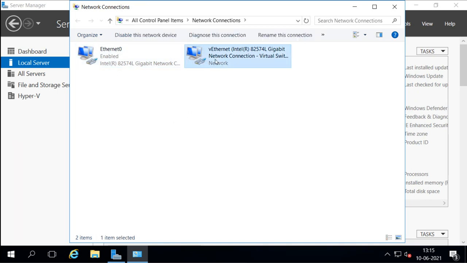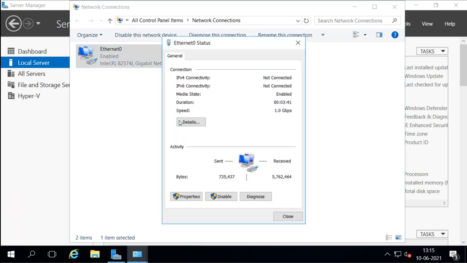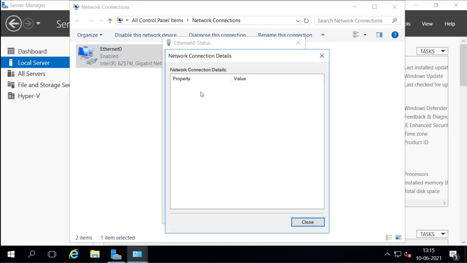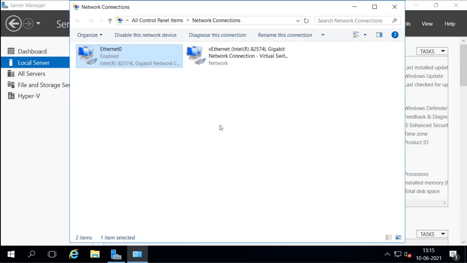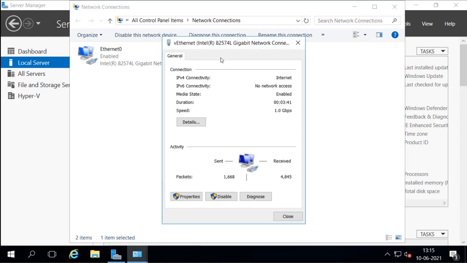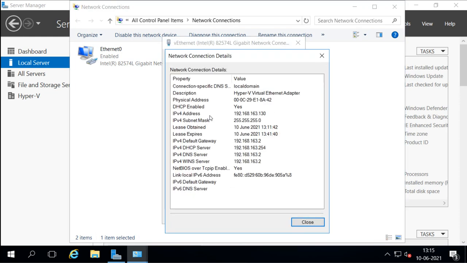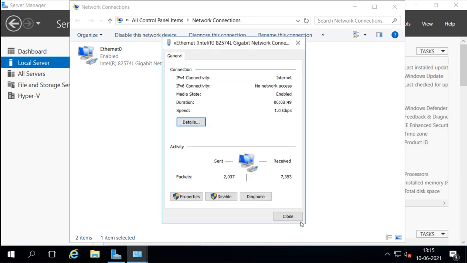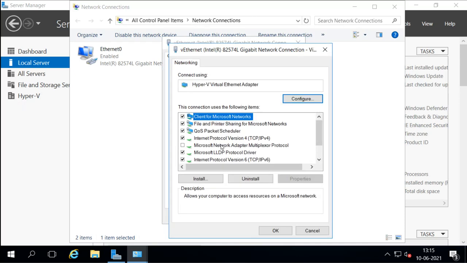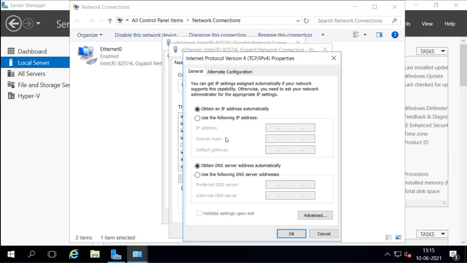Now when you check the real, physical interface and go for details, you see no details here, because all the settings for this real interface have now gone into this virtual interface, and this virtual interface is by default on DHCP. So it has gone back to DHCP and removed our manual IP addresses. So after installing the role, you have to make sure that your IP addresses are correct. So I will fix it again.